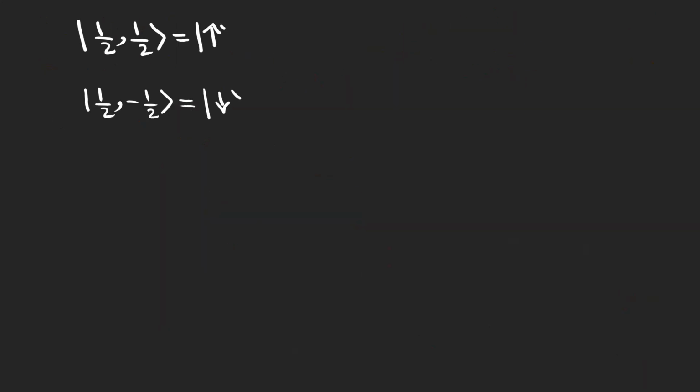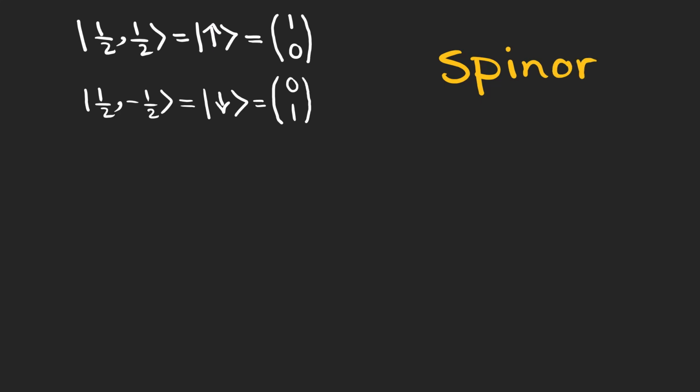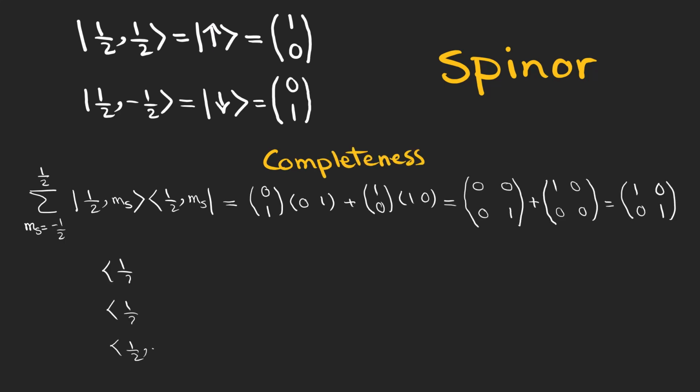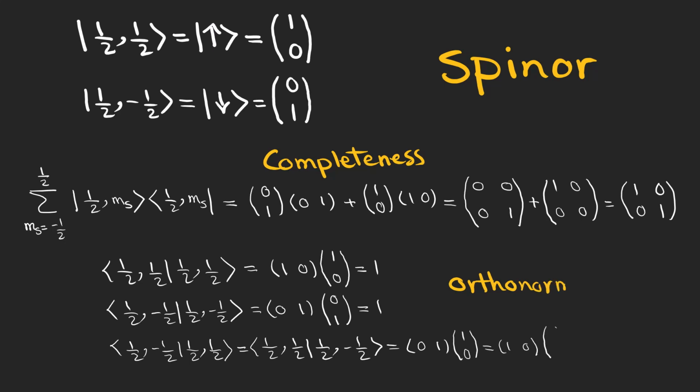We can use 2-element column matrices to represent the state of a spin-half particle. These are a specific type of mathematical object called spinors, though we won't discuss spinors in full generality here. Importantly, a set of such spinors can form a complete orthonormal basis, allowing us to span the entire Hilbert space for the spin degree of freedom. We can easily show that these eigenvectors form a basis that is complete. We can also show that they are orthonormal.